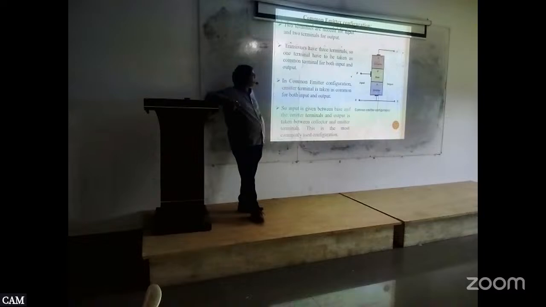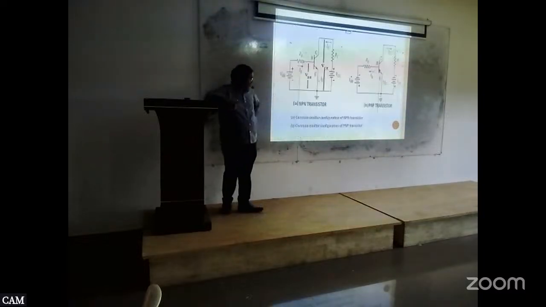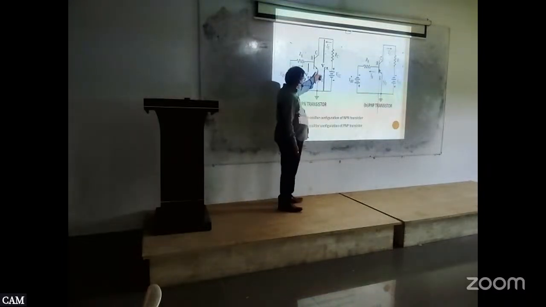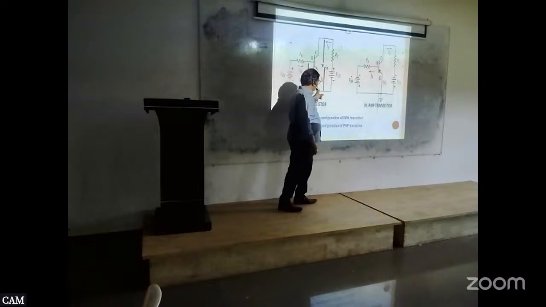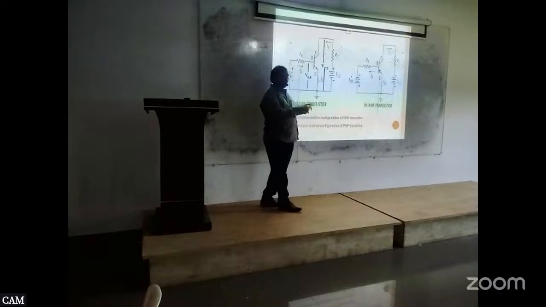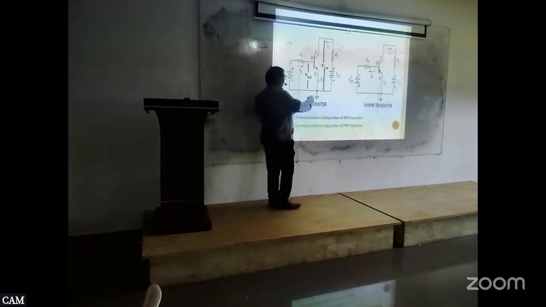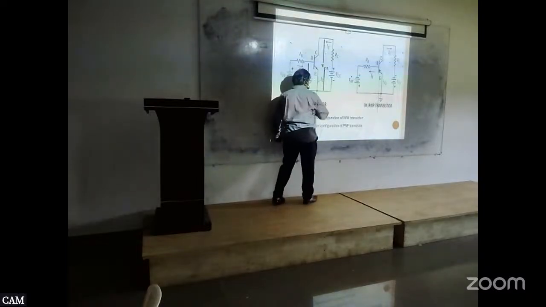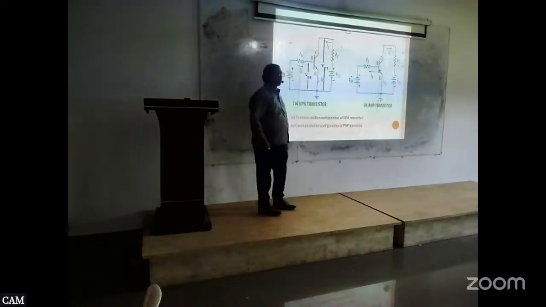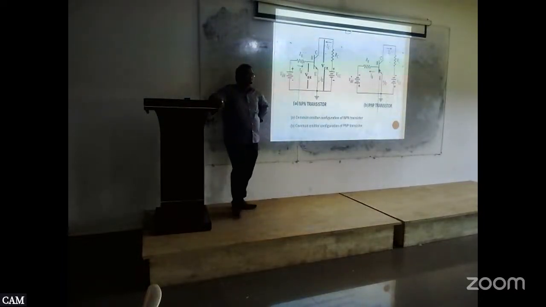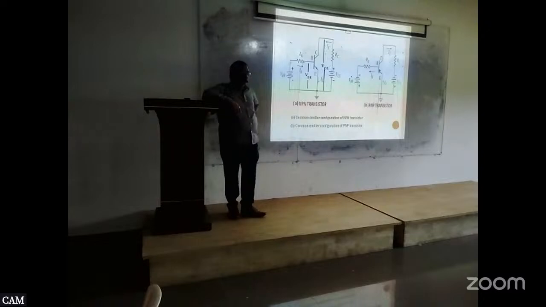Next, common emitter configuration. This is the common emitter configuration. The emitter is common to the input and the output, so here also the same. In order for the transistor in common emitter configuration to be active,